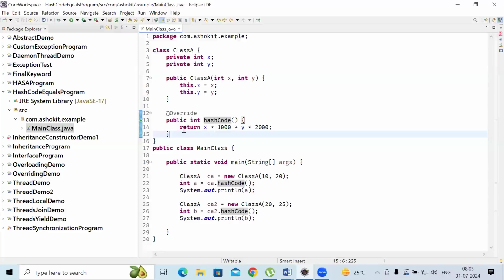What logic you want is your wish, but it must return some value. What value? Integer value. Whether you are multiplying with 1,000, 10,000, 500, 1, 5, it doesn't matter. Logic is your choice, but it must return an integer value. Without overriding the hashCode method, then if the same class objects have the same content, then